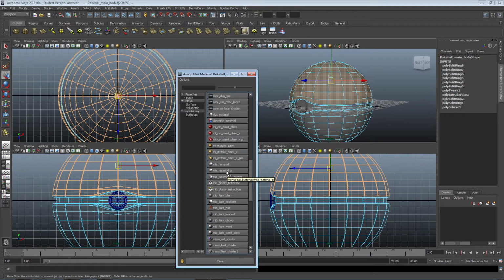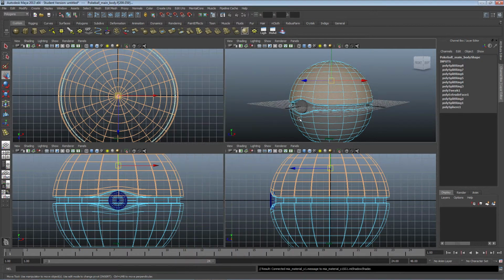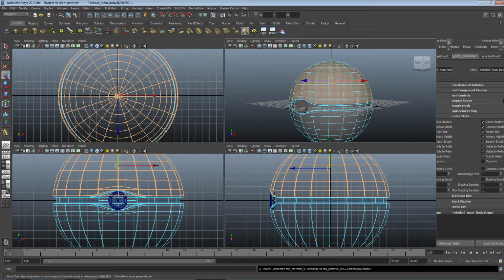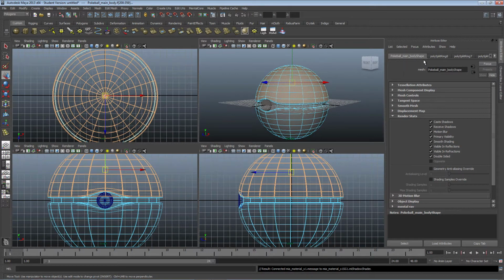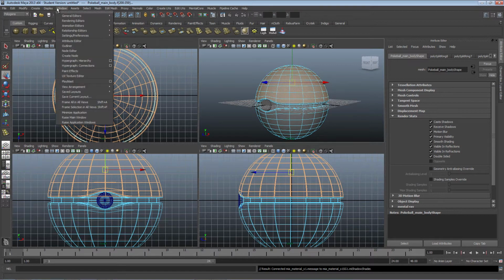MIA material X is my preferred base material to create other materials from when you're dealing with normal, hard surfaces. So I'll create that. It should open the attribute editor, but sometimes it doesn't open straight away because Maya can be buggy at times. So what we want to do is come up here to the Hypershade. I have it in my bar. You can also go Window, Rendering Editors, Hypershade,